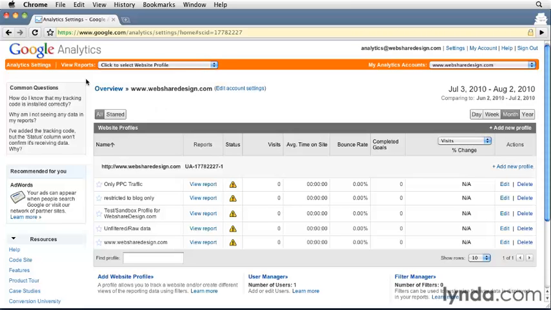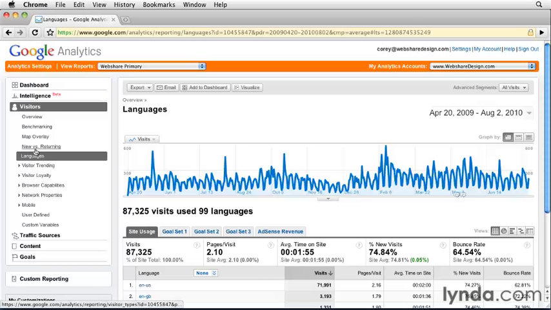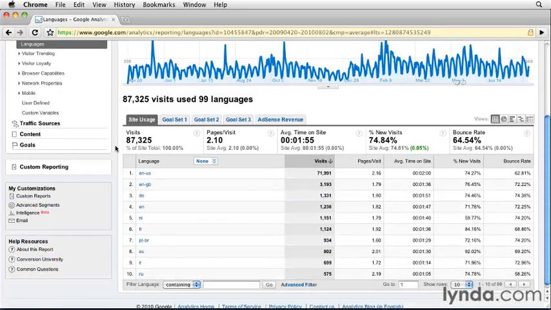Let's take a look. As we move here to the Languages report underneath the Visitors tab, we can see all the different languages of people who are visiting our site. If I was interested in analyzing just the Spanish language visitors, I could click on ES. The problem is that different browsers report Spanish in a different way, and I want to capture all the Spanish language users. So what I can do is come down here to the filter at the bottom of the report,